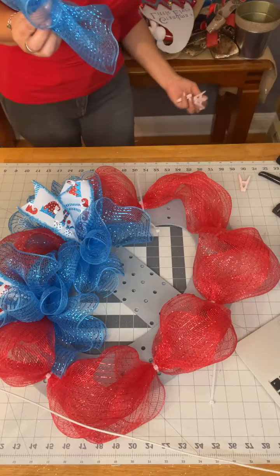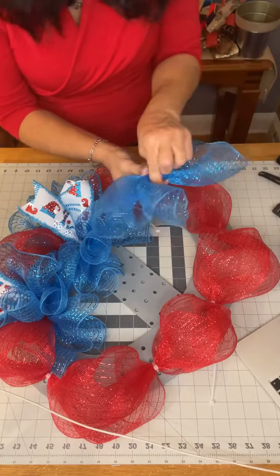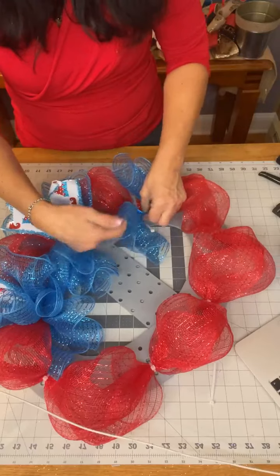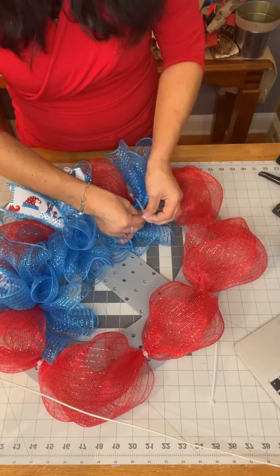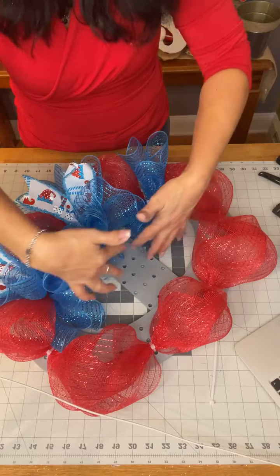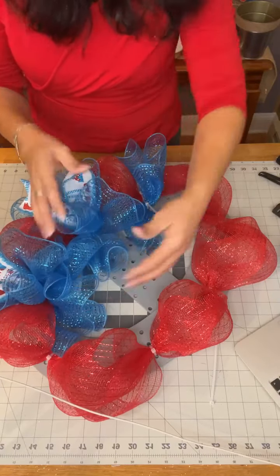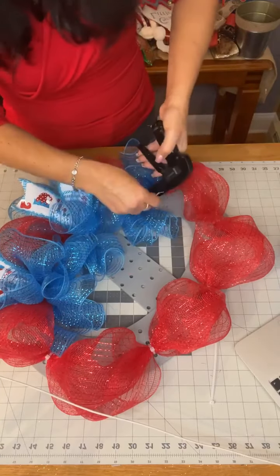See, now I'm afraid to keep my thing around because I keep dropping it. So, one wing up, one wing to the left so that it positions just like so. And when I tie it, this is filling in the center. So you see, by the time we get to the other side, the center is going to be completely full. So our attachments are going to rest nicely. And we have an extra